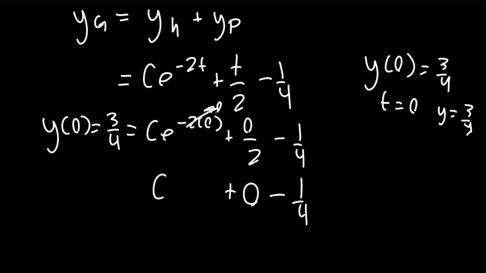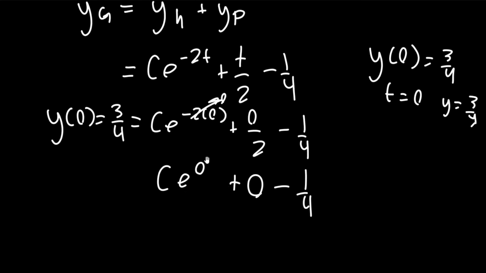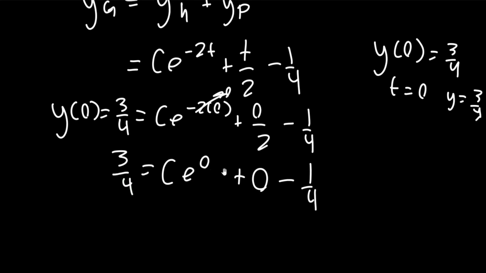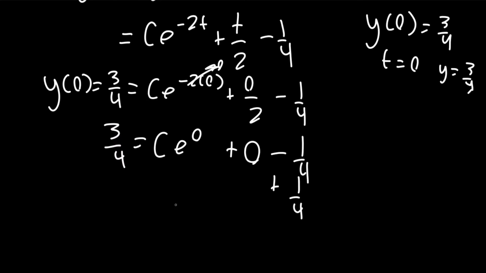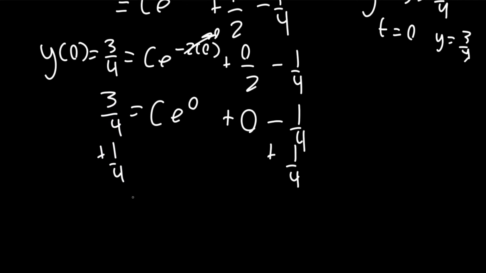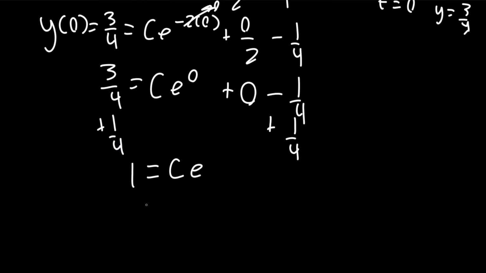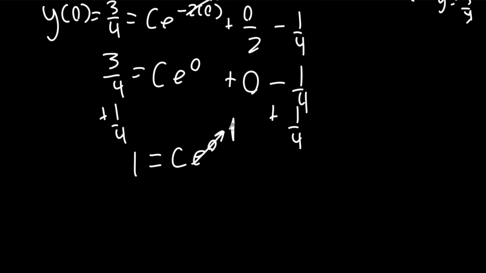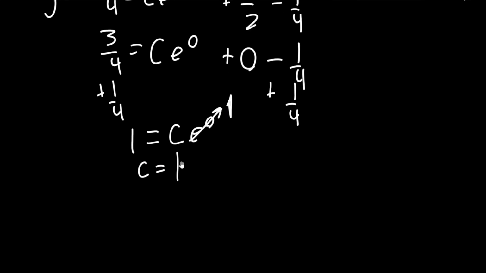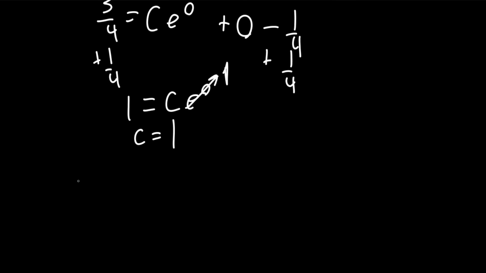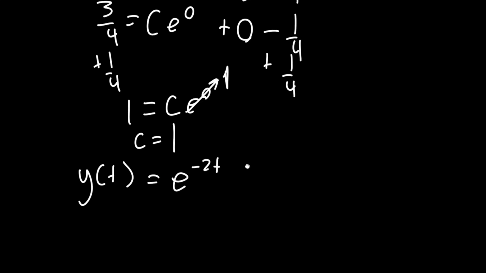And this ultimately comes out to be 0. So e to the 0, which equals our 3/4. We add 1/4 to each side, which just results in 1 equals c times e to the 0, but e to 0 is just 1, so c equals 1. And from there, we can finally come up with our final general solution. y of t equals e to the minus 2t